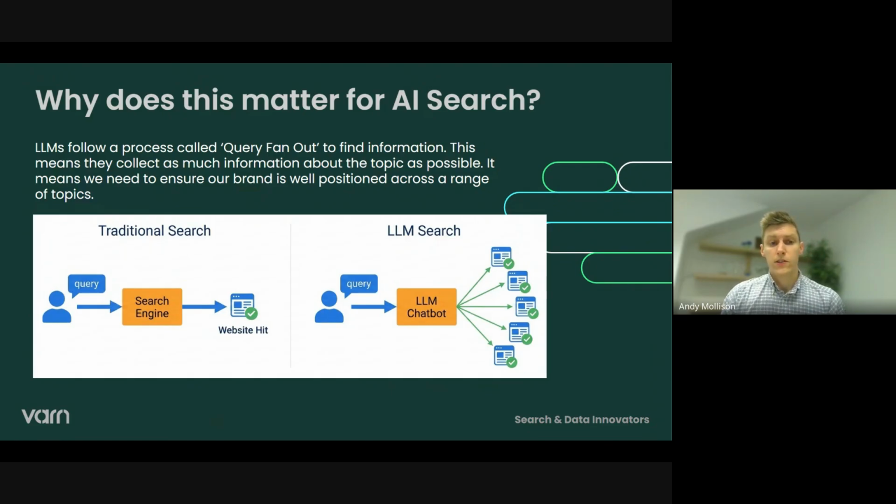So AI search uses a process called query fan out. You might not have heard of this, but again, have a look at it later on. It means when you make a search, well, let's start with traditional search. If you make a search in traditional search, it looks into its algorithm, its library of information, and it gives you a result of those 10 blue links. In AI search, if you ask a question, it needs to, probably 9 times out of 10, research that question,